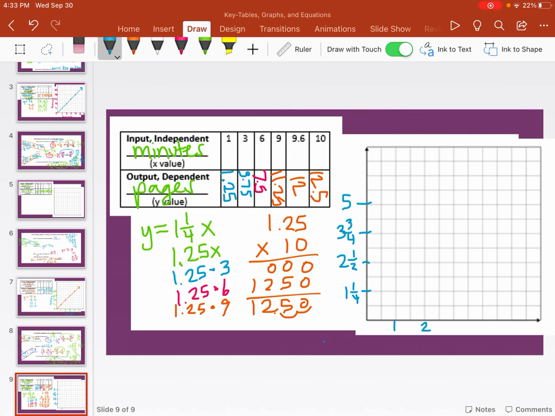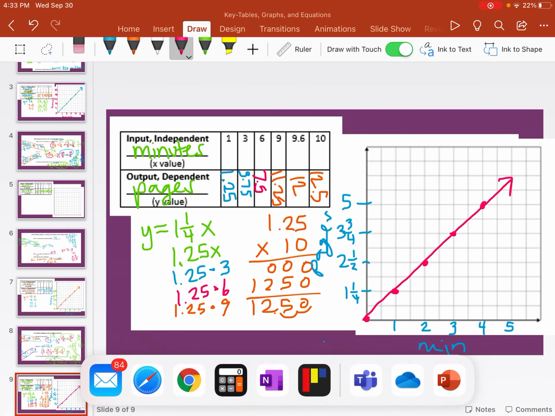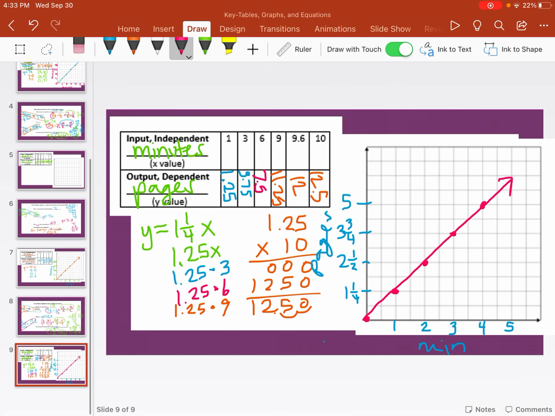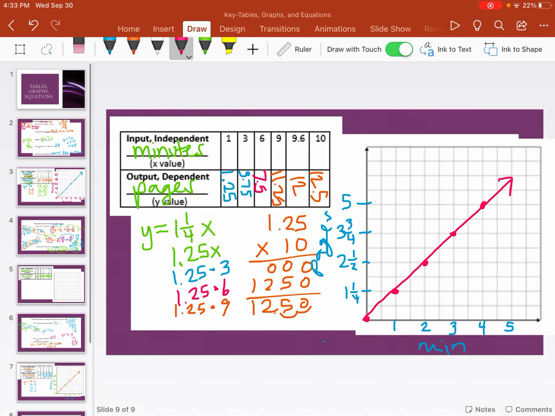Down here, 1, 2, 3, 4, 5. This is our pages. These are our minutes. Okay, and then your dots, 0, 0. For 1 minute, it was 1 1/4. For 2 minutes was 2.5. 3 was 3 3/4. 4 would be 5 minutes. And we could keep going. Remember, you should have your line and your arrow as well. And that is it, guys. Hopefully the ones we'll give you in the future are not quite as bad numbers, but you can